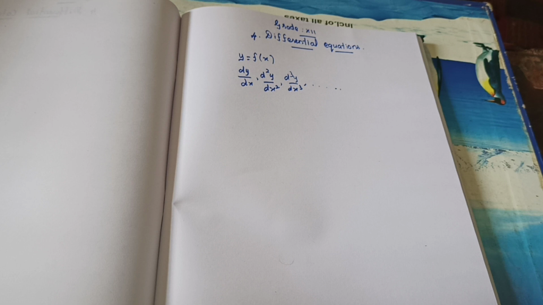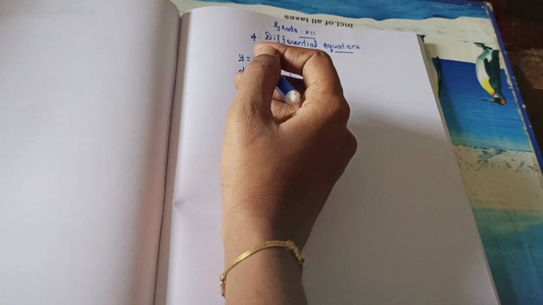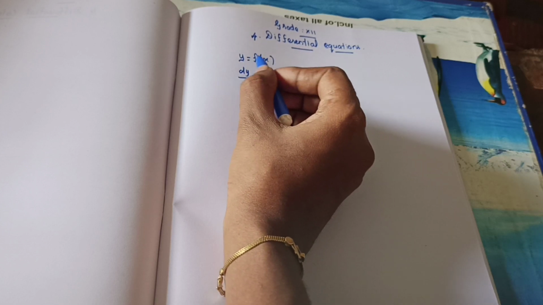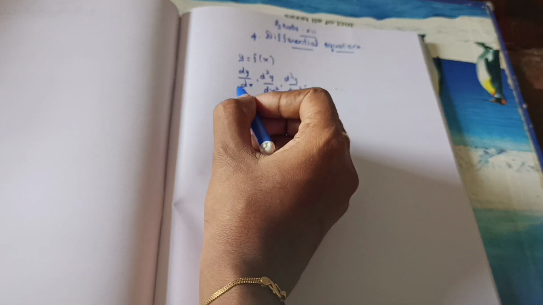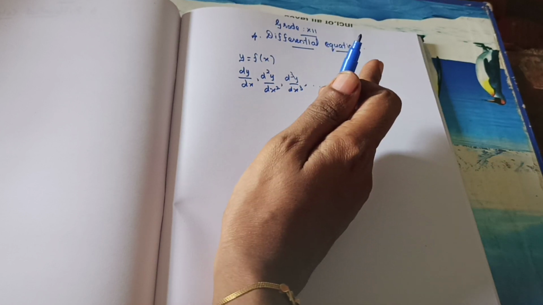A differential equation is an equation with a function and one or more derivatives, understand? If some function is given, with one or more derivatives, it is a differential equation. I'll give one small hint for you. See, listen, a differential equation with a function y is equal to f of x has one or more derivatives. That's the meaning.